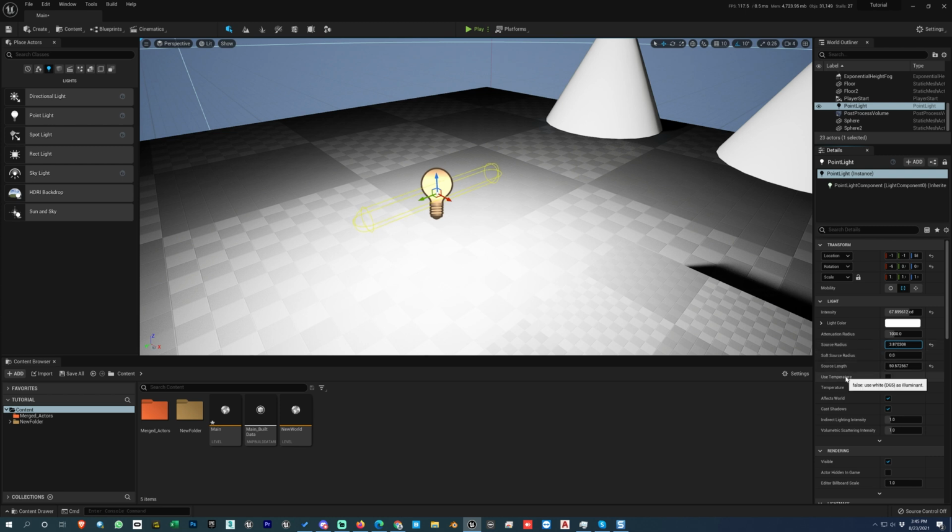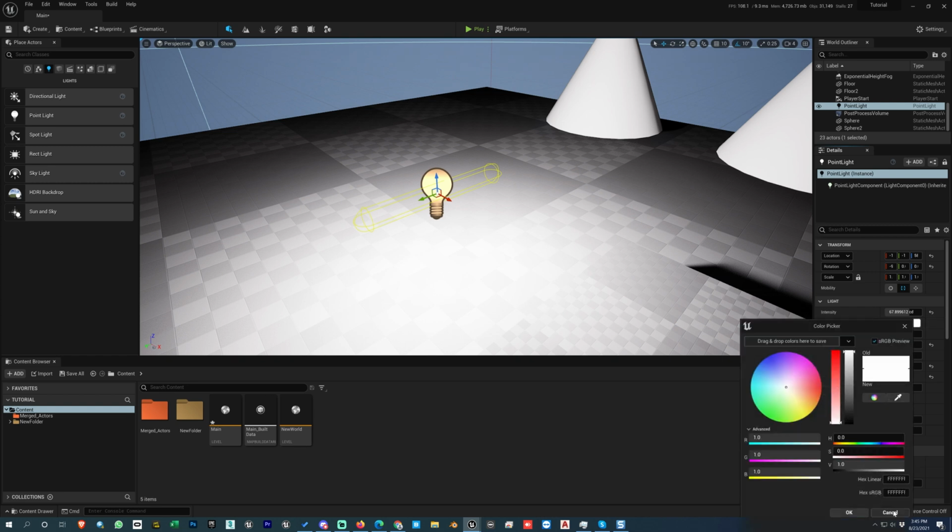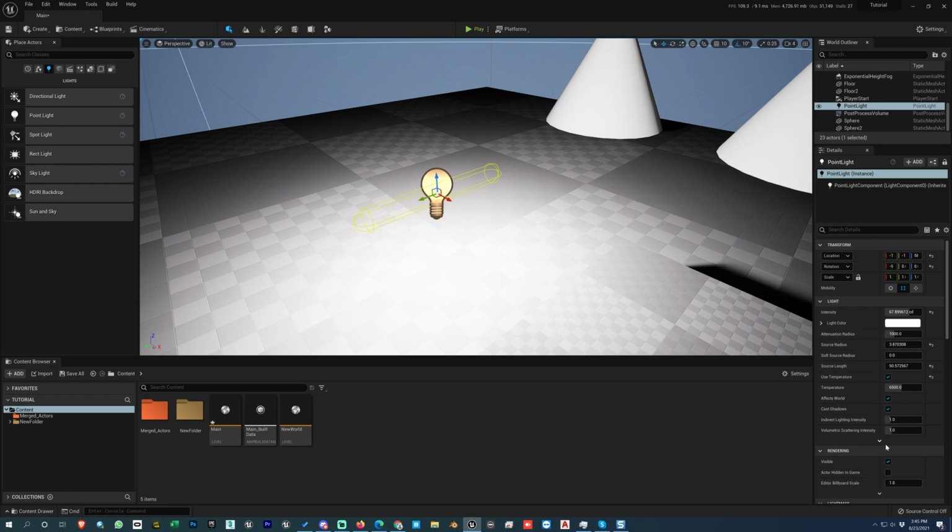And let's go to use temperature. This is the same as the earlier directional light. You will have to switch this on instead of controlling color from here. If you specifically want some color out of the box, then you can use that. But if you want the light color to behave naturally depending on the temperature of the light source, it's always preferred to use this use temperature, because this gives you the realistic value. This is the way lights behave in the real world. The color of the lights is dependent on the